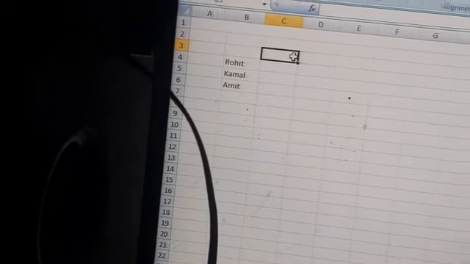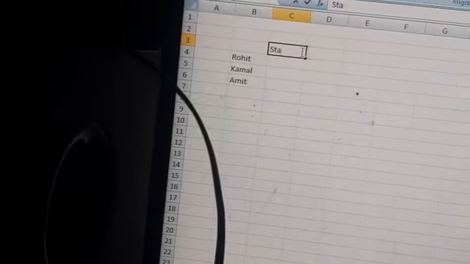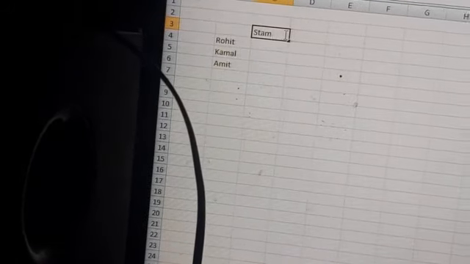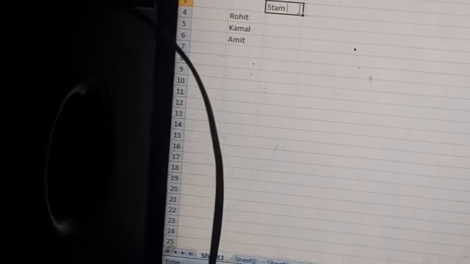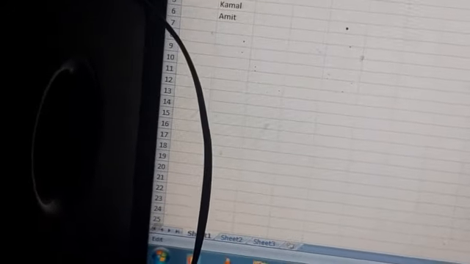Here will be stamp, poster, and tattoos.